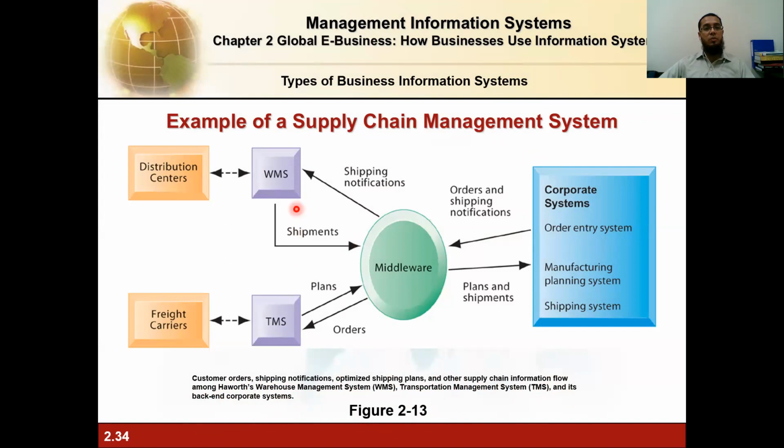corporate systems. The distribution centers and systems send shipment notifications to the WMS, the warehouse management system, to ship the product. Then this is the middleware, which is coordinating everything. Then freight carriers and the transportation management system: plans go there and orders come to the transportation management system. Corporate systems, order and inventory systems: order and shipment notifications are retrieved in the middleware. The middleware is basically the hub of your information system, which coordinates all the activities of the